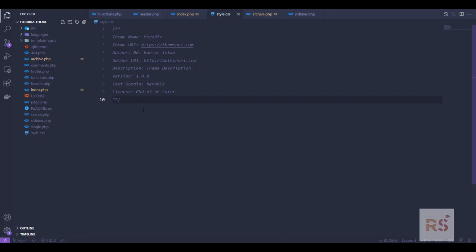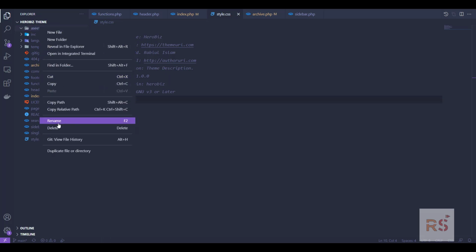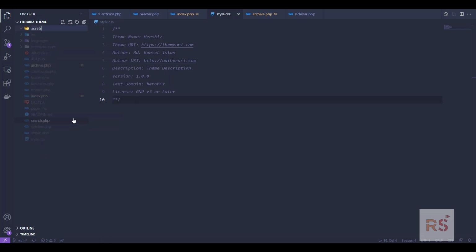Now also let's do some structural improvement. I want to add one folder which is called assets, sorry, it's a misspelling, assets, and inside that I want to have some more folders like CSS and also JS, might be images, but let's add it later if we need. Now in the CSS let's add default.css for now,